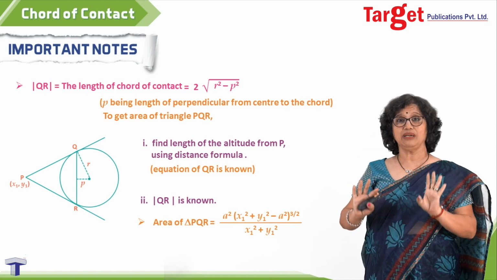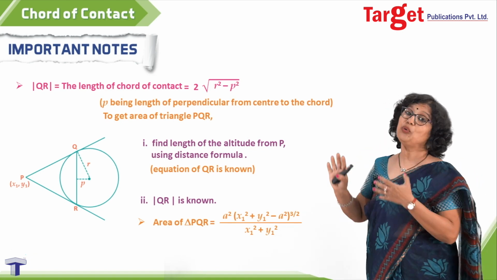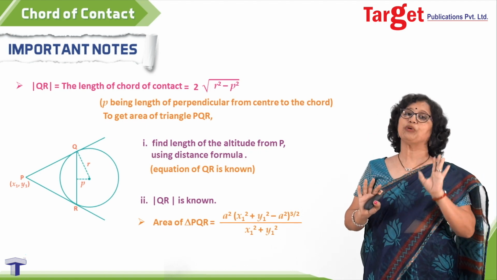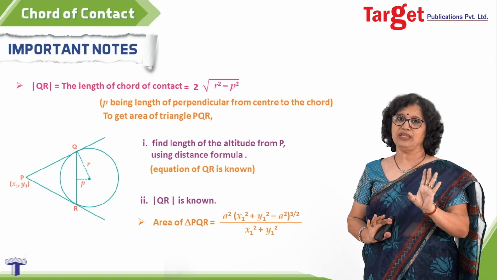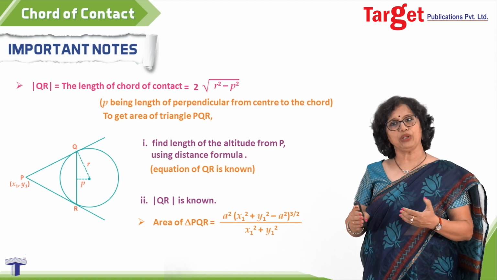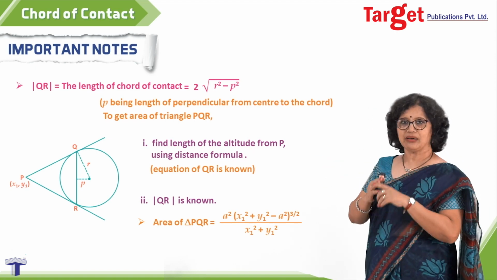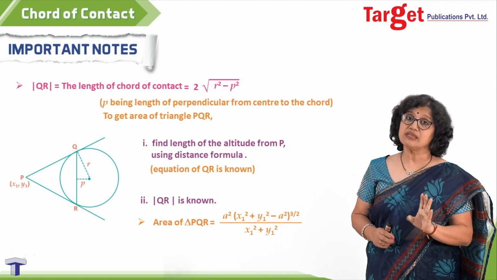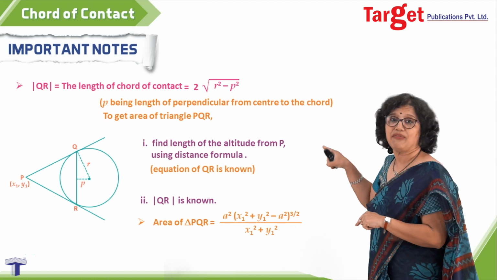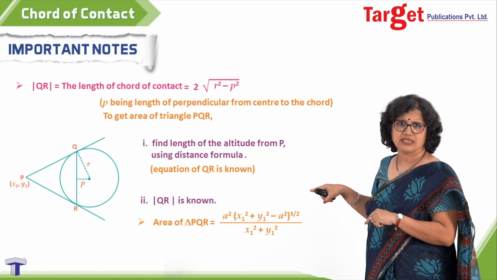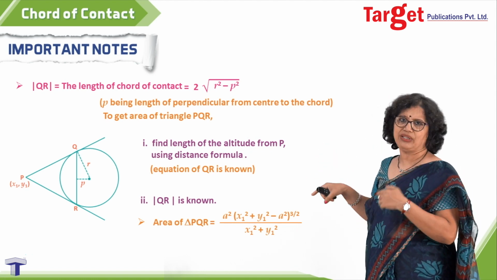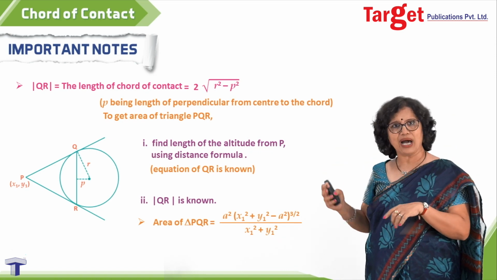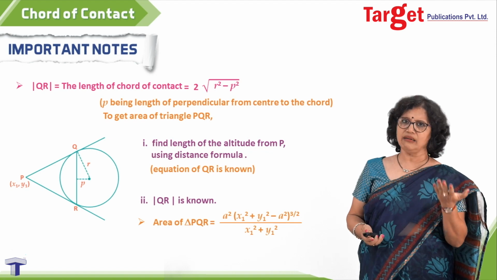That formula is actually complicated to remember in this form. But again, I say the choice is yours, because for competitive examinations at times you need to remember formulae. So you can keep this in your list of formulae, but otherwise you can do that exercise which I have written there. It is also not any lengthy exercise. You can do it within a few steps. You can get that altitude, you can get that base length QR, and then you can proceed from there and get the area of the triangle.